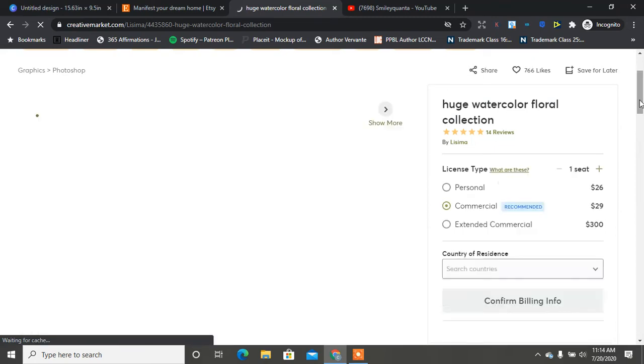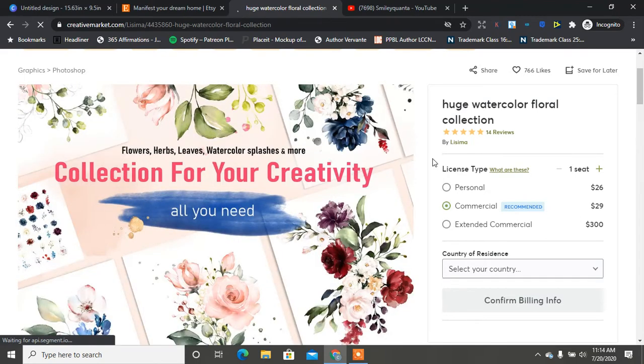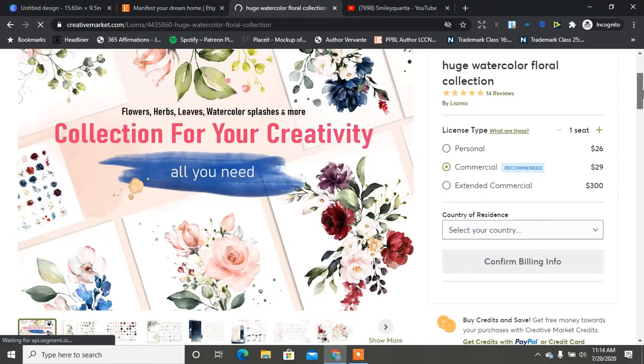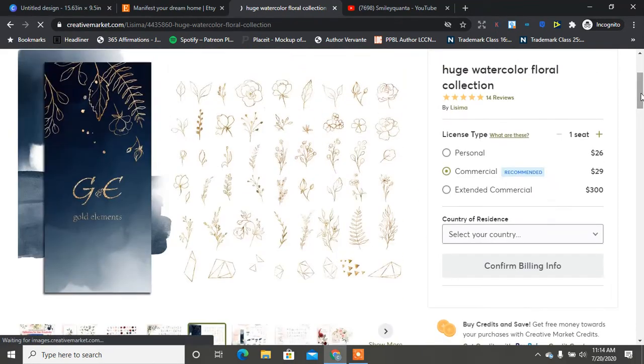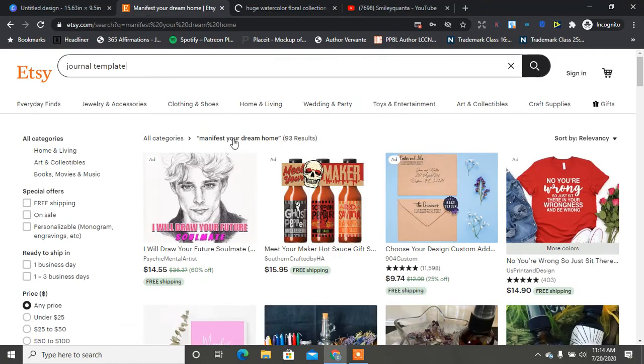Design sometimes takes a long time, but when you come into your own style, it gets easier. So say you want to download these different watercolor flowers and these different geometric elements. You can do that here on Creative Market. And then also